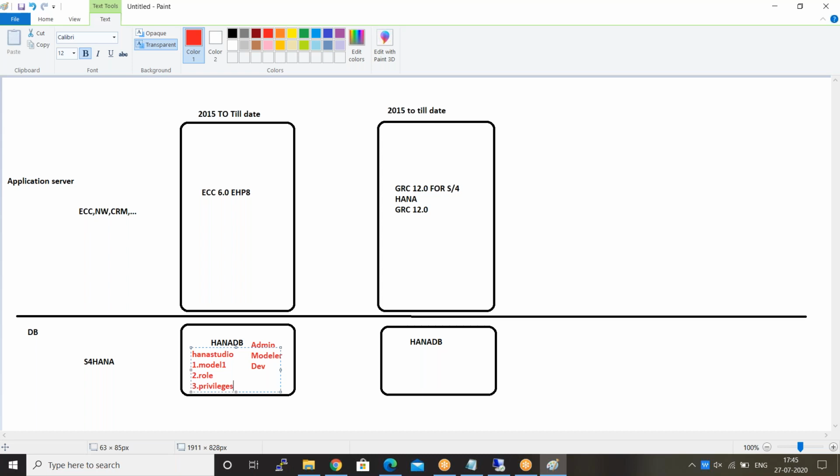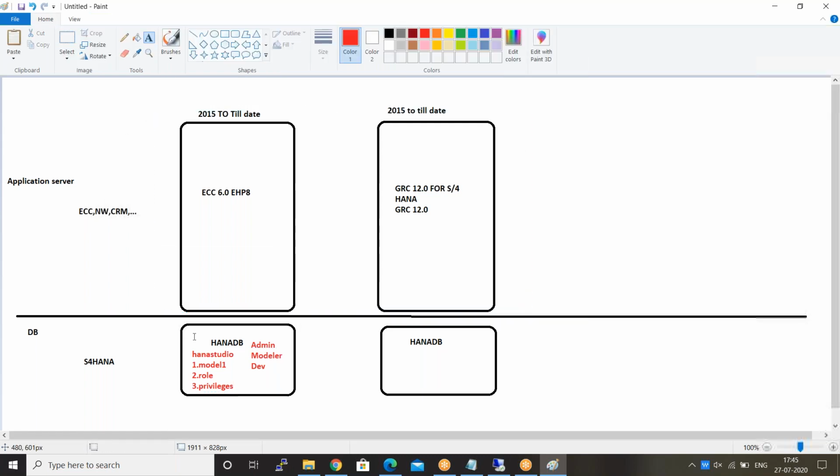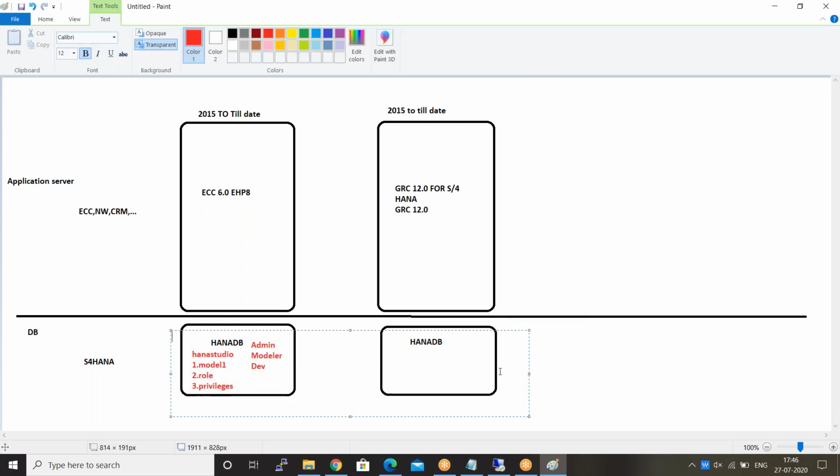So previously your projects were viewed from the application point of view. But right now you have to get involved in the HANA DB also, as a HANA security consultant. So I want to create the users inside of the HANA database. I want to do all kinds of setup one by one inside of HANA, all the user configuration on the HANA Studio itself. So in this type of situation, how can I do the configuration?